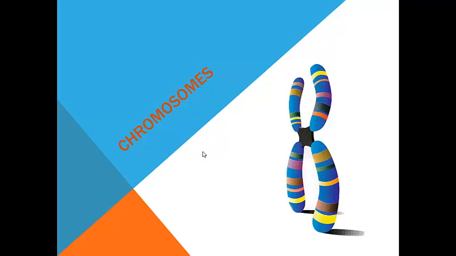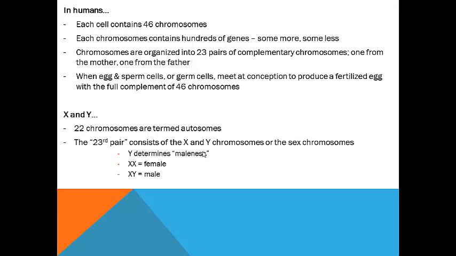So let's take a closer look at chromosomes. In humans, each cell contains 46 chromosomes. Each chromosome contains hundreds of genes, some more, some less. Chromosomes are organized into 23 pairs of complementary chromosomes, one from the mother, one from the father. When egg and sperm cells, or germ cells, meet at conception to produce a fertilized egg with the full complement of 46 chromosomes,